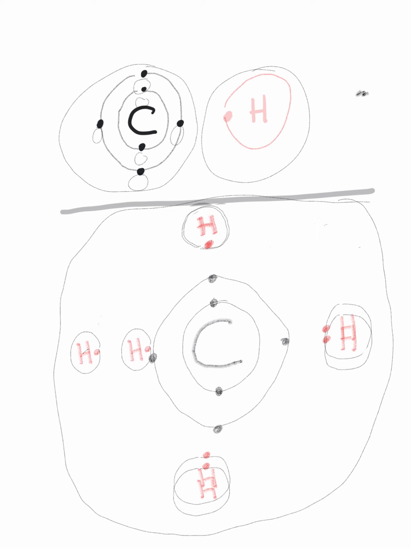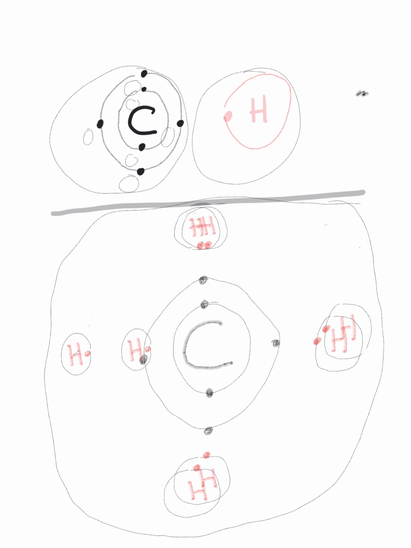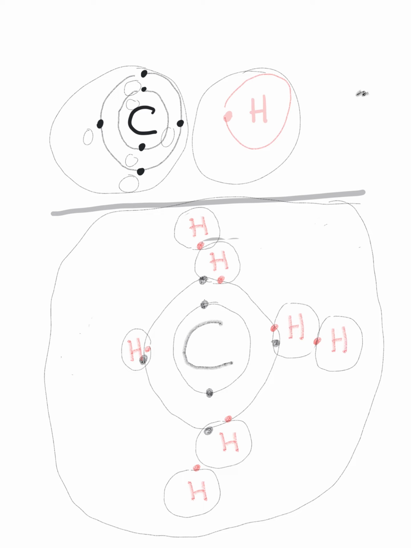This hydrogen is moving. And this hydrogen over here, it's going to move down here. Then this hydrogen is going to move down here, and then this hydrogen is going to move down here. And what you'll see is that the hydrogen moved, and it is now